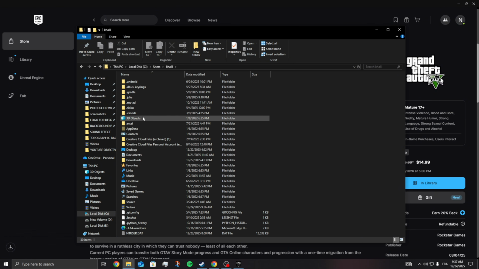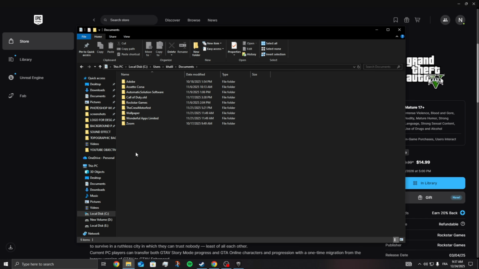You want to find the cache folder. Delete this folder. After you delete the cache folder, you can now launch your game. Whether that be GTA 5, Red Dead Redemption, or just any Rockstar game,